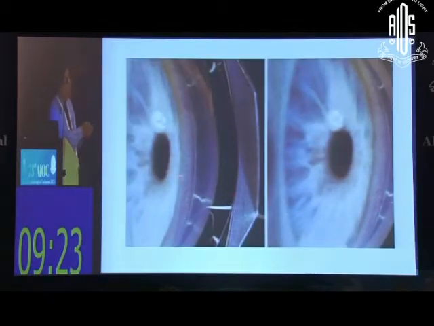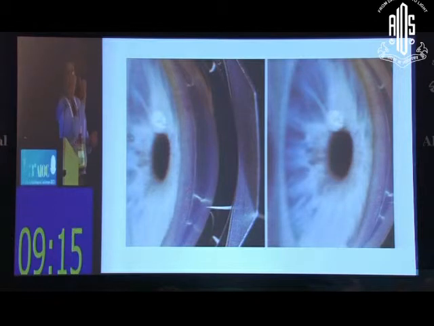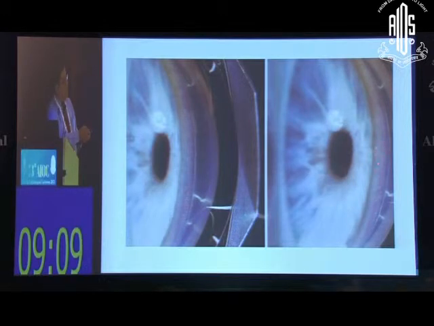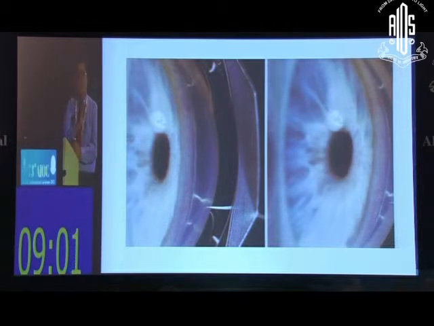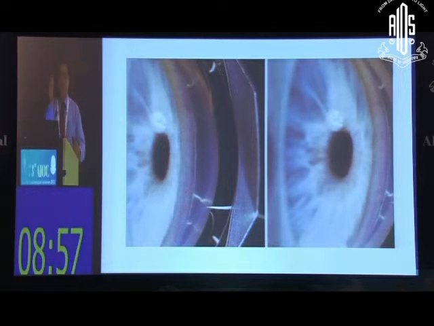Again, if you look at the center of the mirror here, no angle structure is visible. But when the patient is asked to look in which side? Towards the mirror. So when you ask the patient to look towards the mirror, you can see now at least the trabecular meshwork is visible, which was not visible here. This is the second way of doing manipulative gonioscopy, to ask the patient to look towards the mirror. So I repeat, the two ways are to use the light, and second is the direction of the mirror.